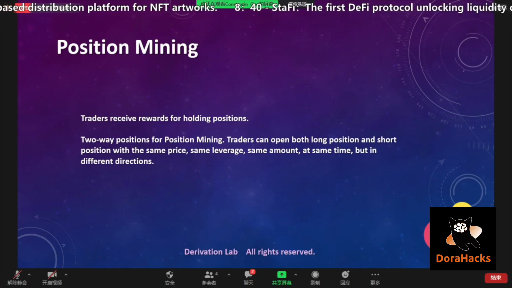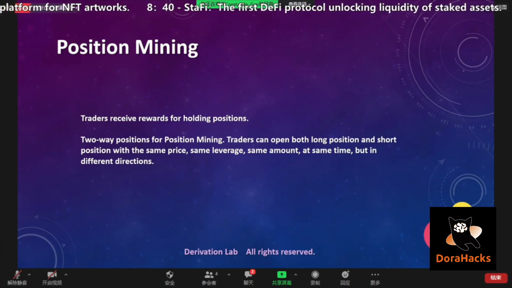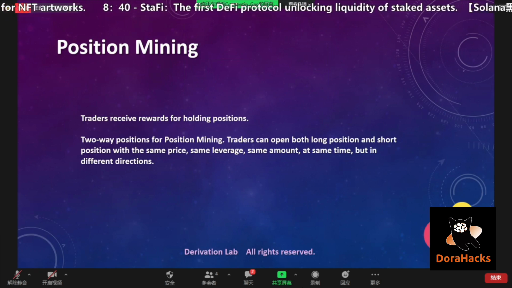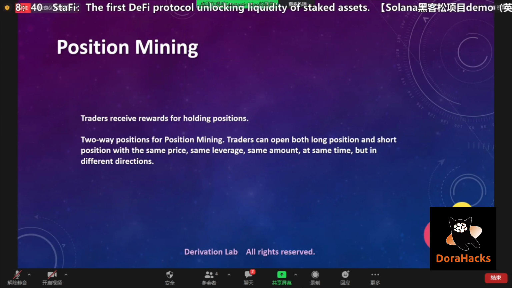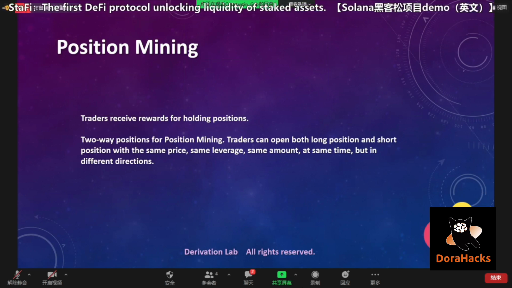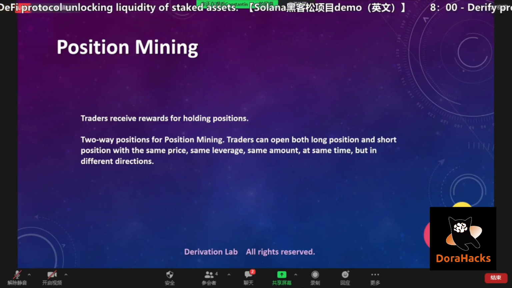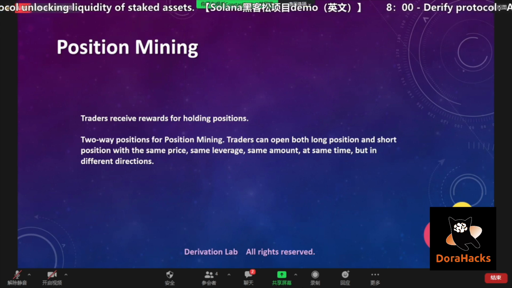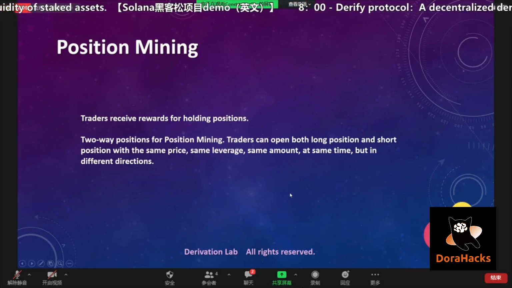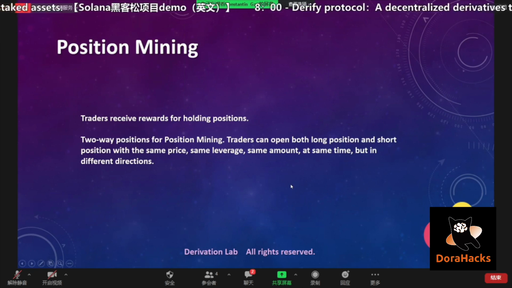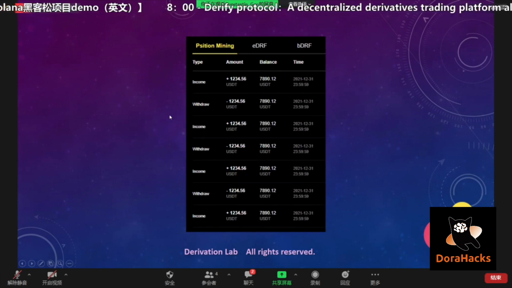Because we are using a cross margin model, your two-way position will never get liquidated. But at the same time, you will collect position mining rewards from your long position and short position at the same time. So this is a great way for you to do risk-free mining. And you can check our position mining screen, where you can see your past balance and your past history